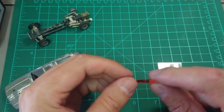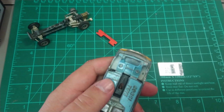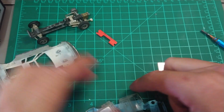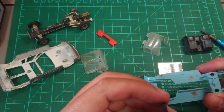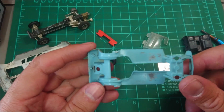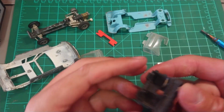Got the backlight here, someone painted it in with some Corgi, some black marker. And then as we go further into the car, just remove the main body. There all the windows come out. So this has got a spare tire. It's shot and it's hard as hell, so we won't be using that. We'll just be replacing this. So there's the main chassis of the car, still in good condition. It needs a good spray painting. Put that over there. The interior,